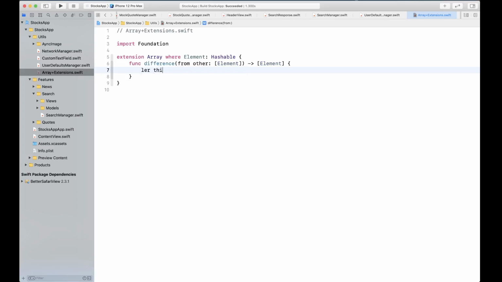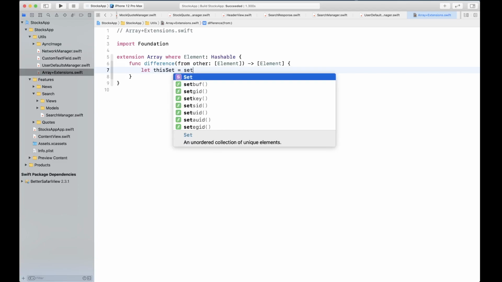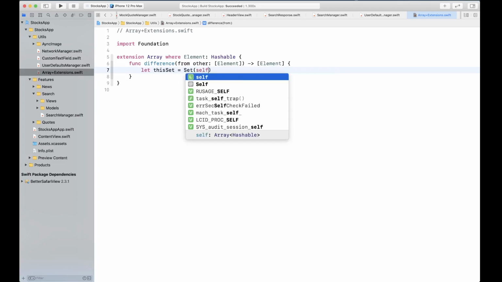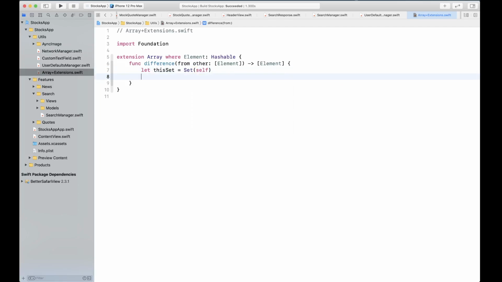So we're going to say that this set is going to be the set from self. We're going to leverage the set operation, and we're going to use symmetric difference of set to get the difference.